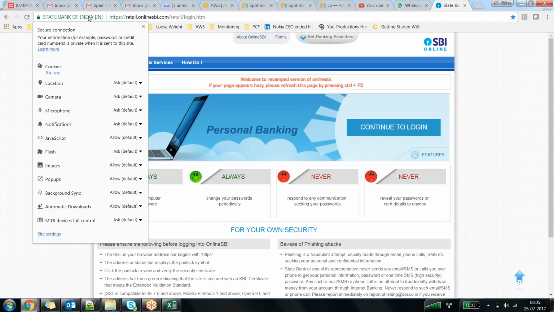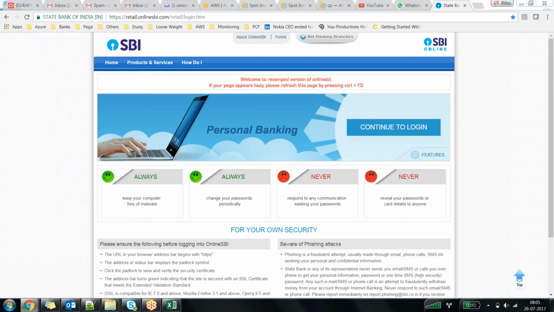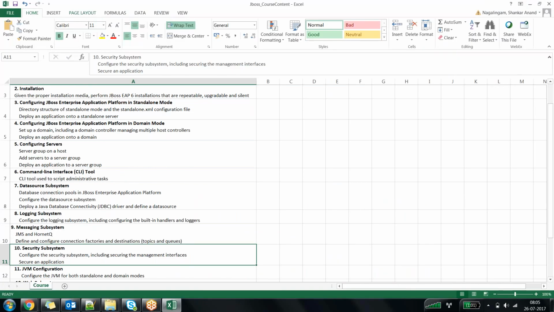How is it being done? It is done using a concept called SSL, or to be more specific, it is done using certificates. So in the slide called security subsystem, we'll talk about that particular SSL. I'll show you the lab using the SSL certificate configuration in the JBoss application server.